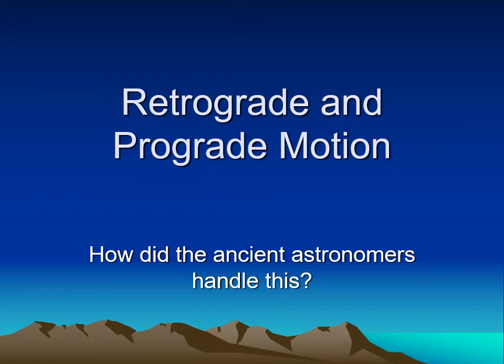But it also introduces us to the concept of retrograde motion. Now, what do I mean by retrograde motion? If you go out at night and you look at the moon, every night the moon is about half a constellation farther east in the sky. So it's always moving towards the east. Every year, Jupiter is about one constellation farther to the east in the sky. Saturn is a constellation to the east every 2 to 3 years, or every 2.5 years.